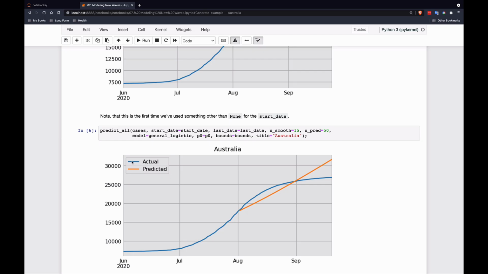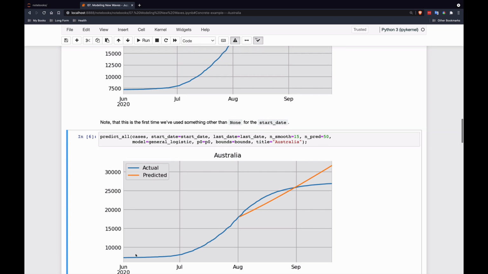So there's an issue here, and we are going to talk about that in the next video. But the first step is simply to limit the data, and then we'll figure out how to make this work with our general logistic